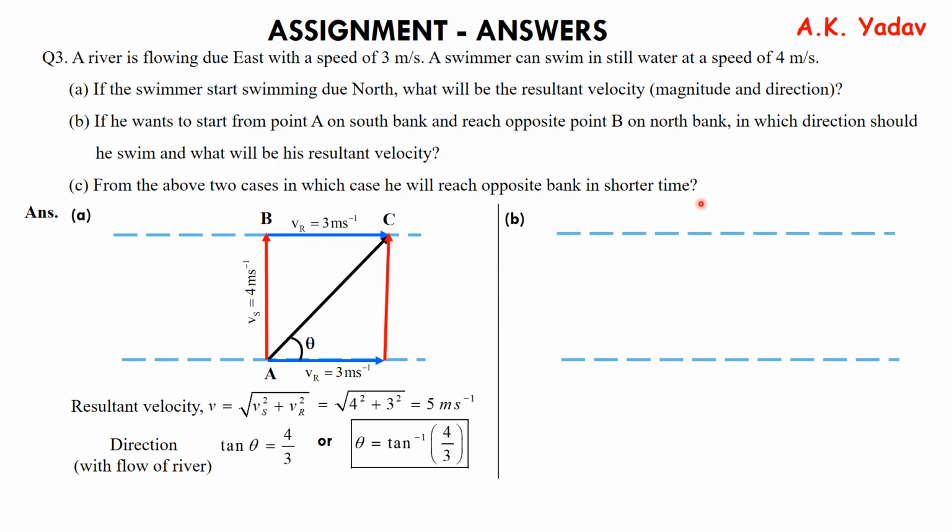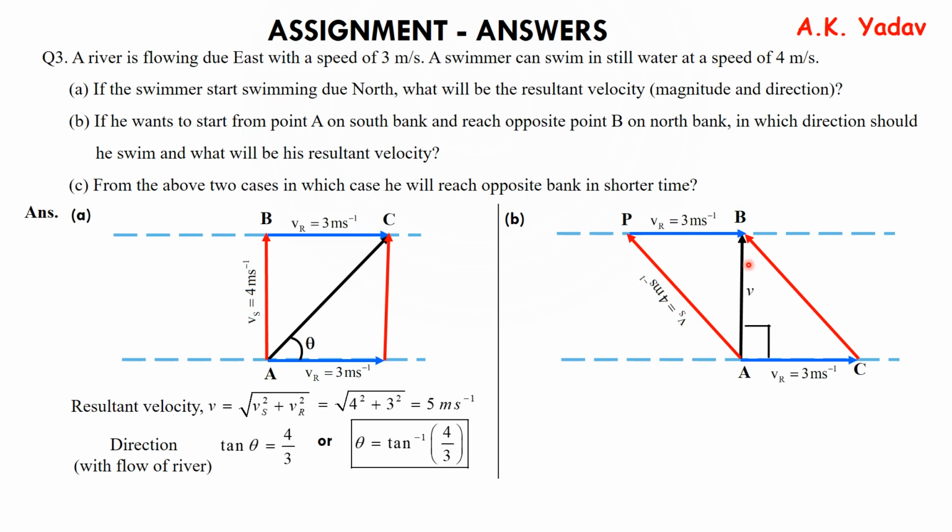Now the second part, in which again we are given the velocity of the river. In this, the person has to jump at an angle with respect to the river in order to reach exactly point B. In case 1, it was not the case. He has to just reach the opposite side. Here he wants to reach the point B. So this is a parallelogram. The resultant is having a velocity V. So this is 90 degrees. I need to find this angle and the total will be the sum of these two.